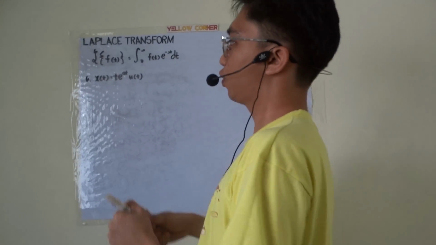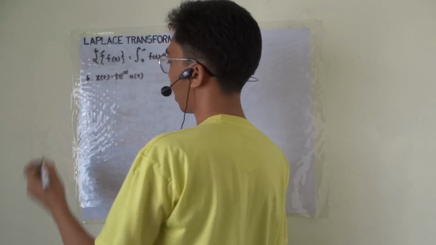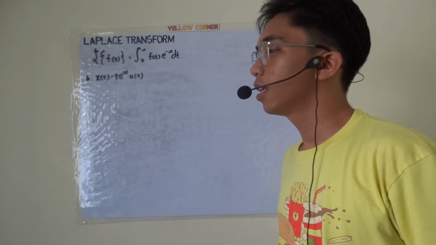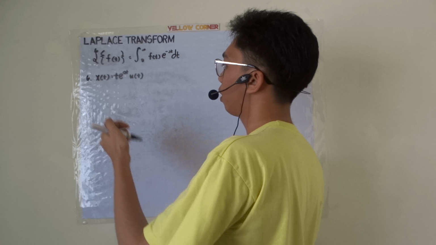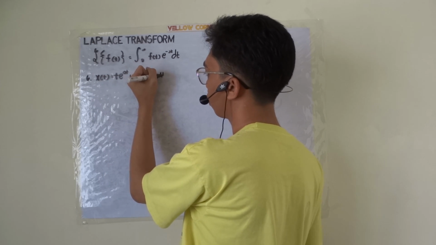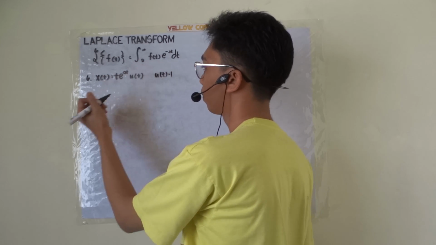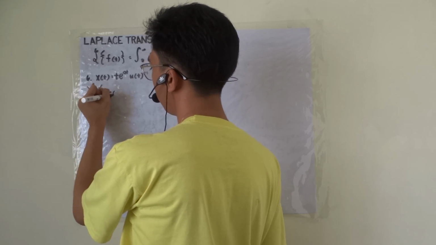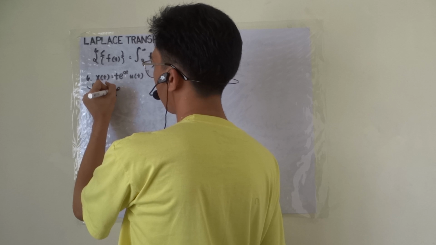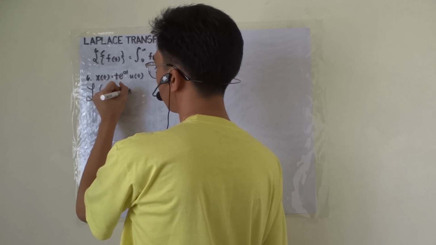Then for our next function, we have x of t equals t times e raised to at times u of t, the ordinary step function. We have the condition that u of t is equal to 1. So we have the Laplace transform of t times e raised to at u of t